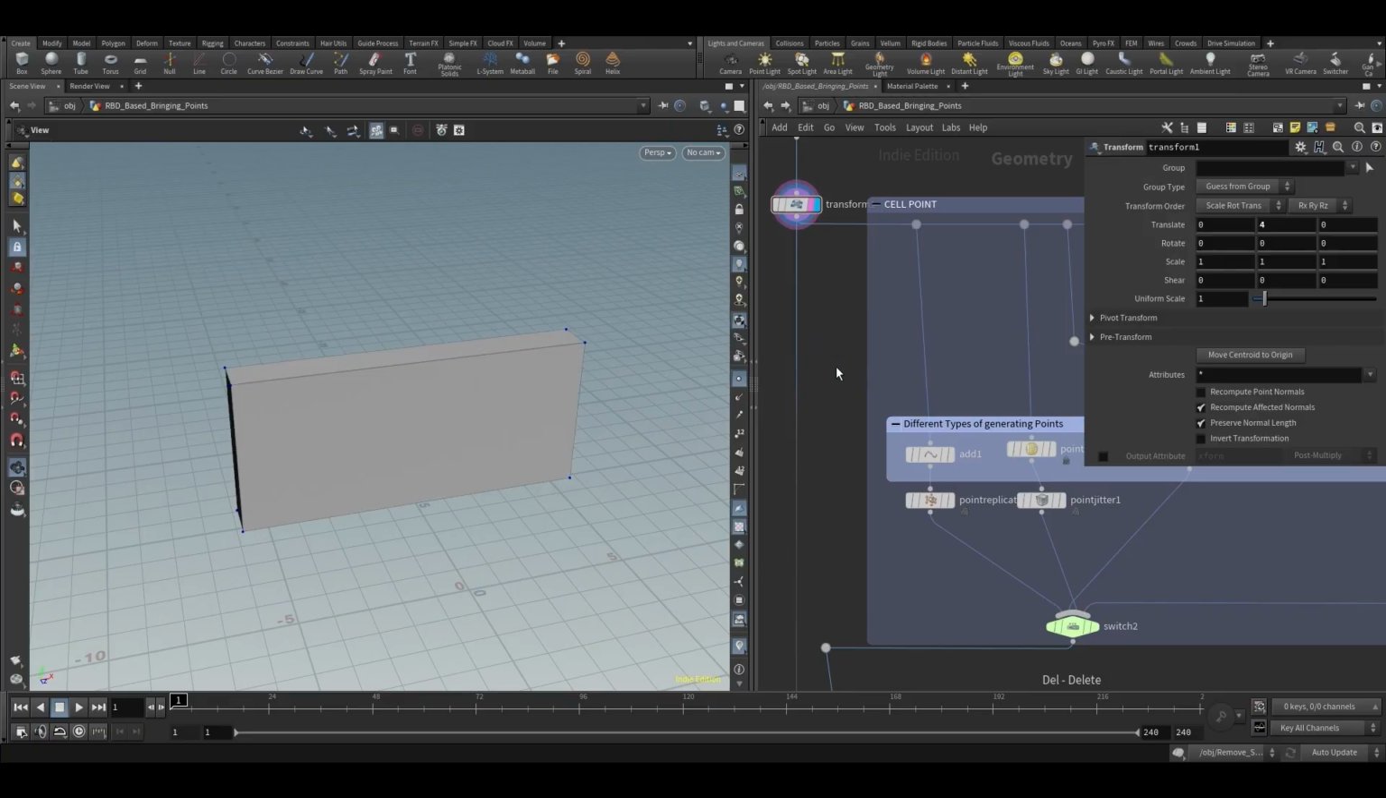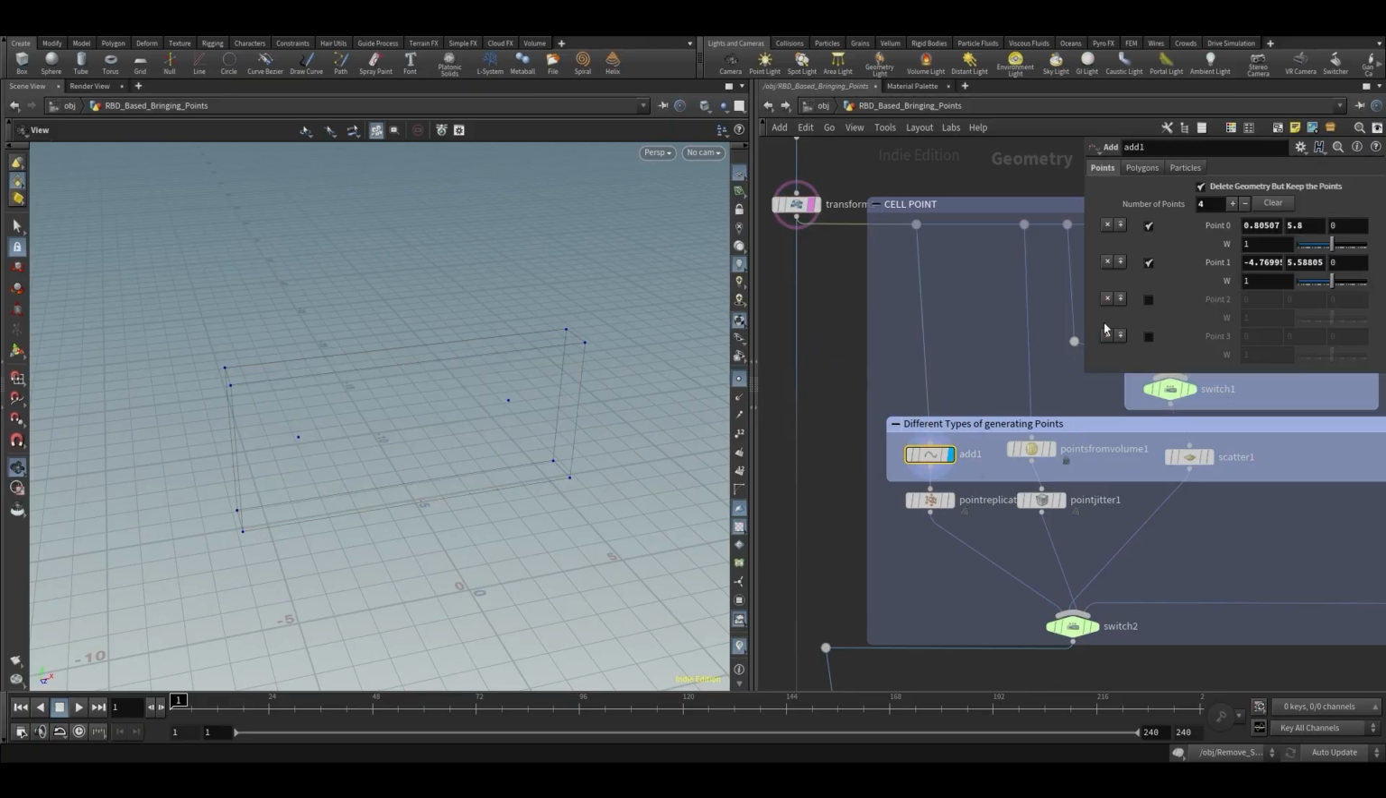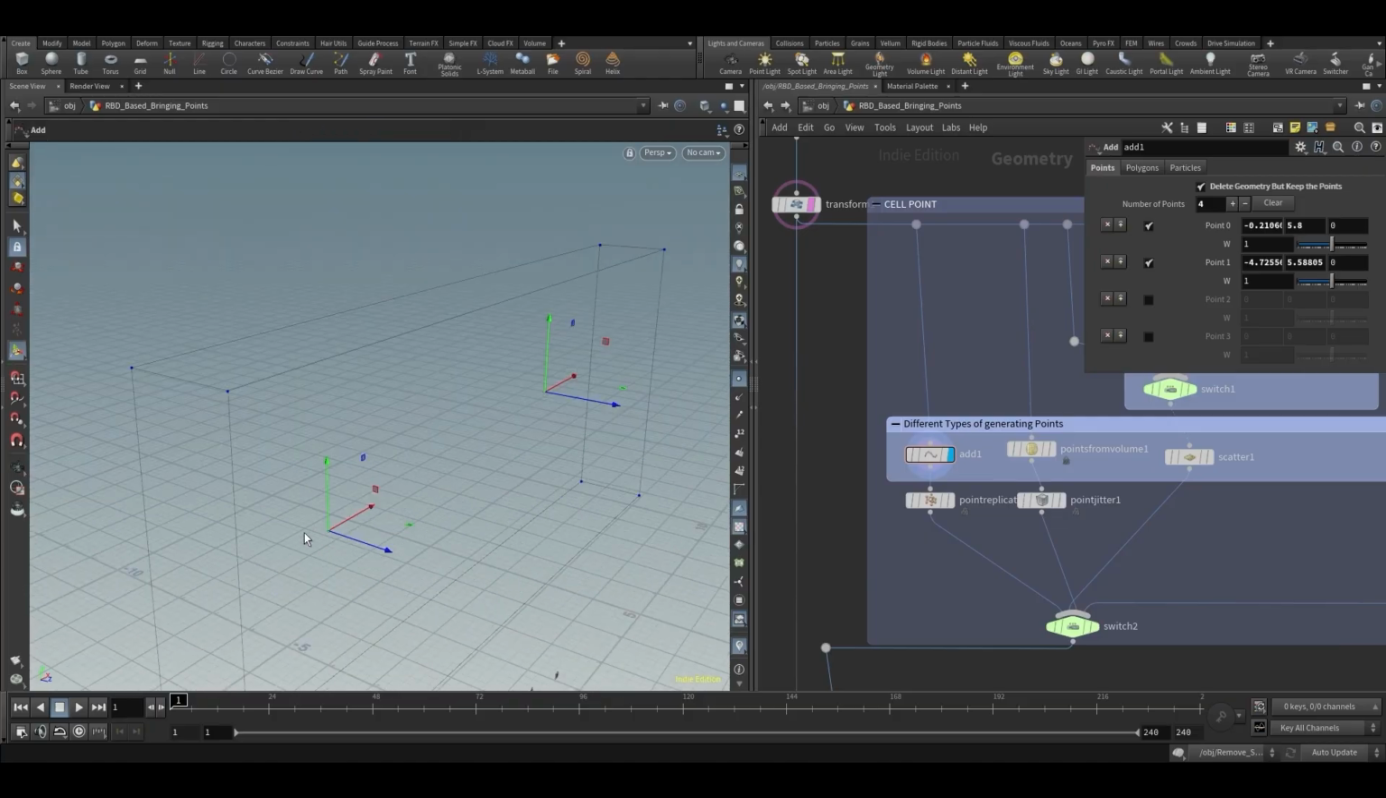Of course, you can add as many extra points as you want and then manually move them. You can move them wherever you want. So manually bringing points is one method. But manually is a tedious job, right? If you want to have a lot of points surrounded by this and a lot of points surrounded by this,